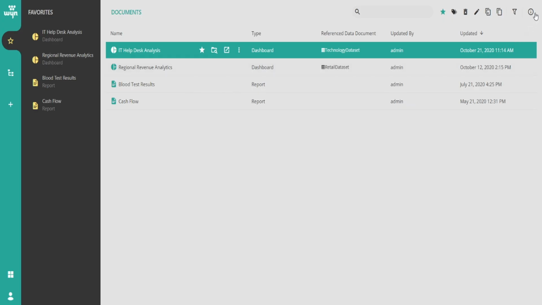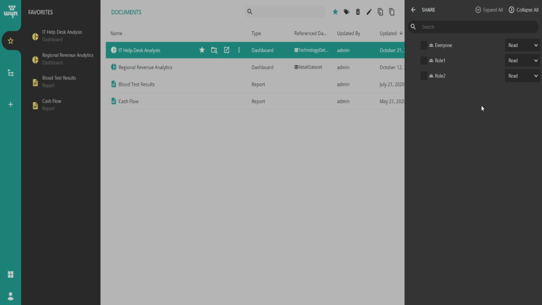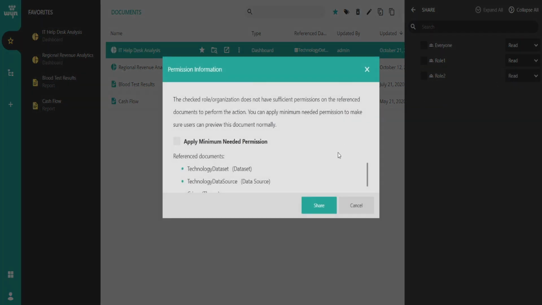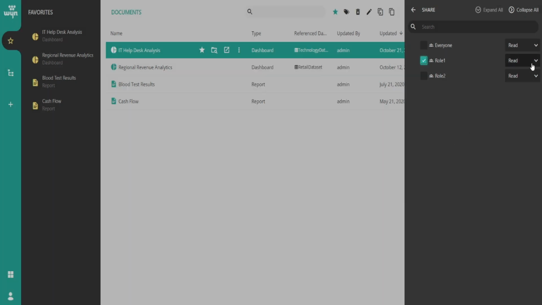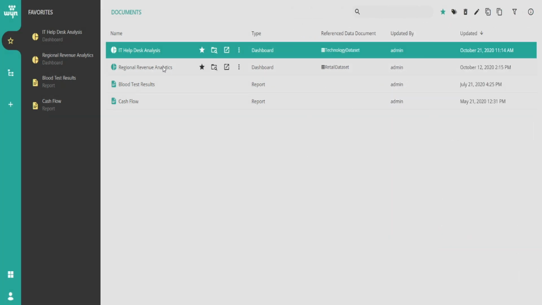Everything a user can do in Wyn is based on permissions for that user's role. Some users may have more available actions than others. Available actions are based on user permissions. For example, one user may be able to edit a report, while other users may only be able to view and export that report. When a user is logged into Wyn, they will see a single document portal to view,